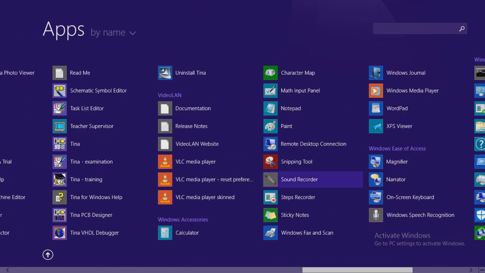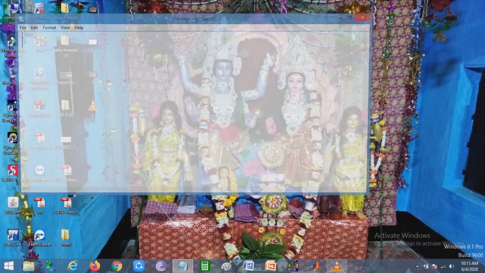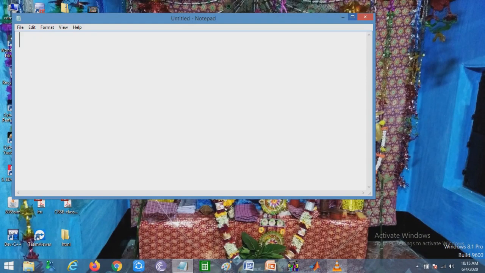You can write directly in the search, notepad. Then you have the option, that is the notepad. Click on that and you will have this type of window. Here you may write the HTML code.